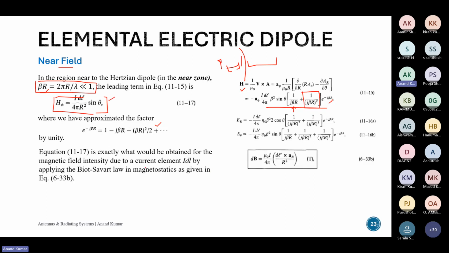And this is something similar to what you get if you calculate the magnetic field using the Biot-Savart's law. If you remember, over there also we had a magnetic monopole and we tried to find out the magnetic field at a particular position around the magnetic dipole or the current carrying wire. So these expressions would look similar. This is just an observation. Do not care so much about this, but this is how the magnetic field looks in the near zone.